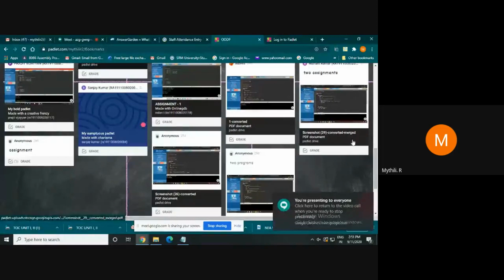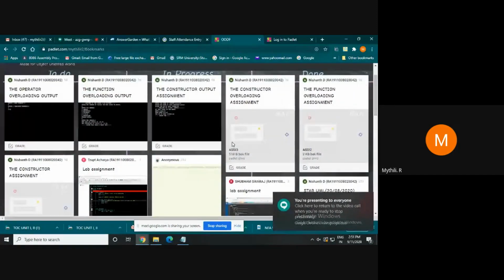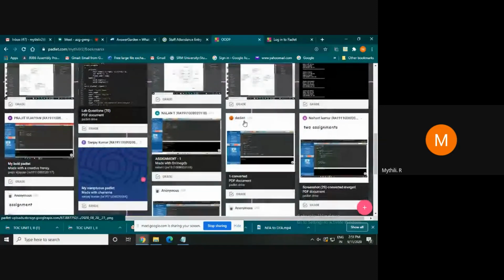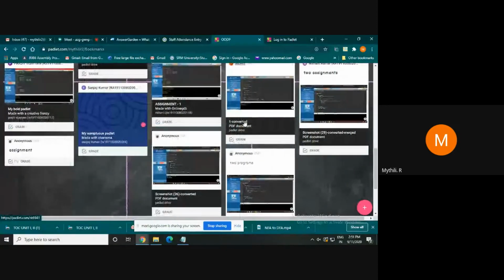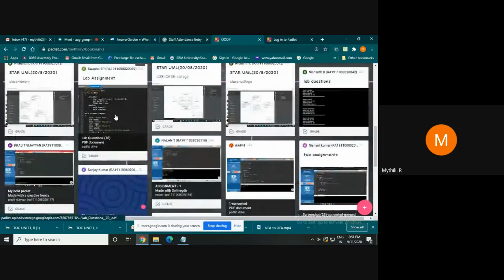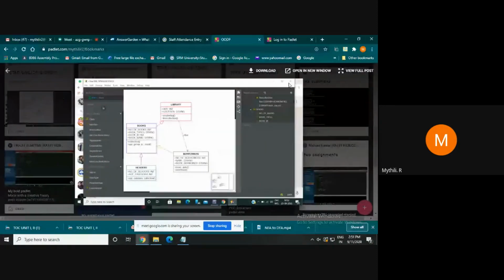So this is the Padlet page which we have created for sharing OOPS and UML. Actually, it's a way of collaborative learning. Anybody, including myself as a teacher and all the students, will share their work so that we come to know the different ways of writing a program and different UML diagrams. For example, this is a class diagram.